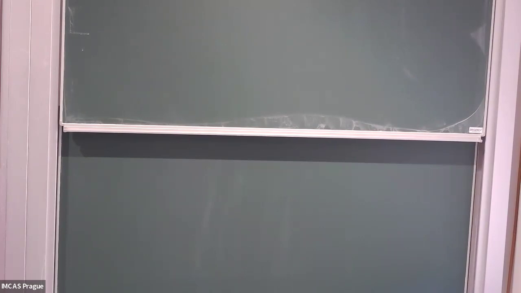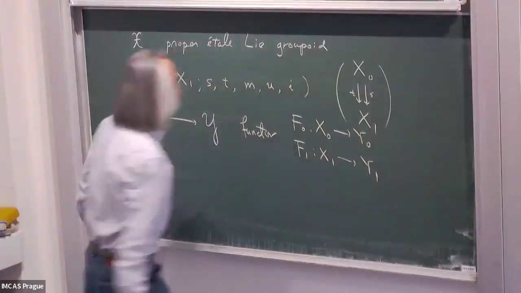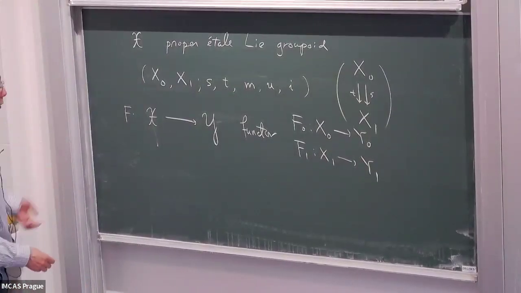Okay. And then I consider the following thing. Let's consider a functor. Y is also another proper groupoid, and this is the functor F, so that F0 is a map on the object level, F1 is a map on the morphism level, and then we